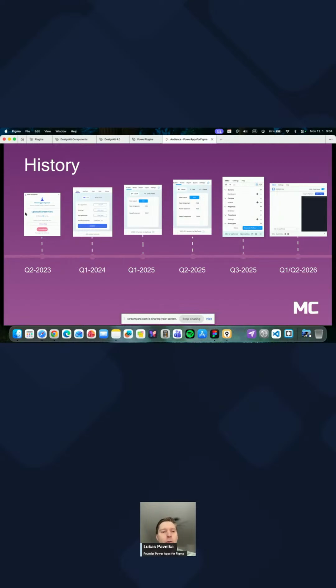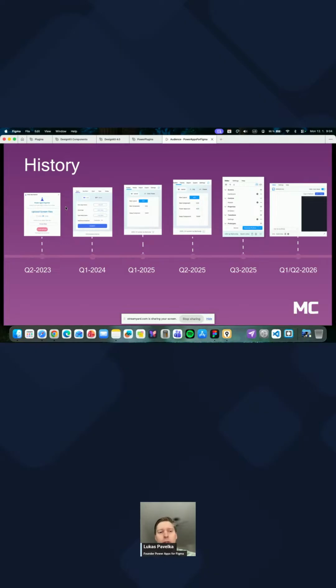This version was mainly coming from the JSON, and later YAML was presented in Power Apps. So this was the first version we created, and then I decided to make more,